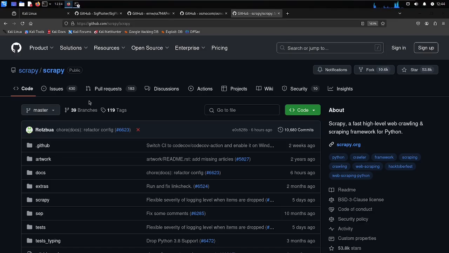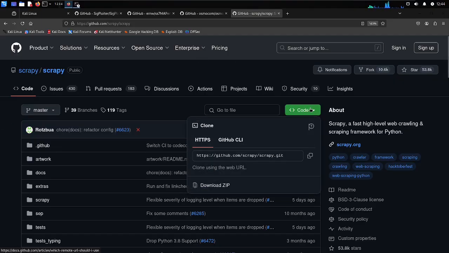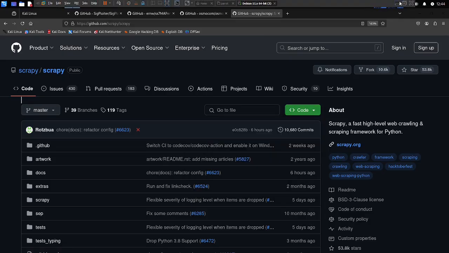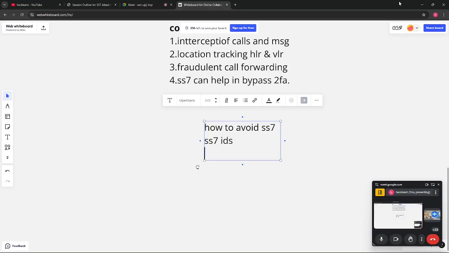You can sniff the traffic, and you can do a lot of steps, all these steps also. You can also try to use Scapy, similar thing: clone from here, run it on your terminal, and you can get many details after using this tool. So I think till now everything is clear, everyone? Yes. Yes.